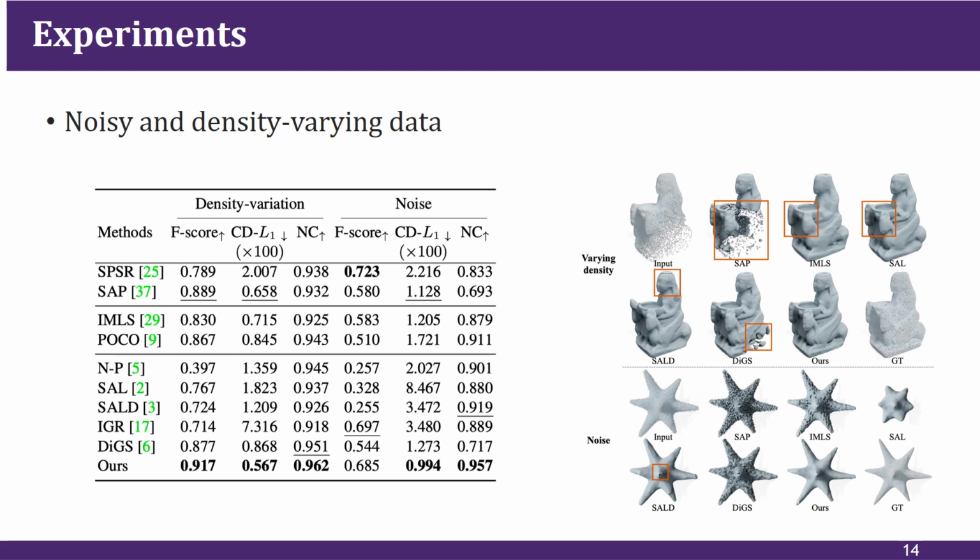To test the robustness of our method to noise, we conduct experiments on the noisy test data from Peng-Shuai. This dataset includes 57 point cloud shapes of different levels of Gaussian noise. Our method significantly outperforms others on the CDL1 and NC metrics. See the table. The visual comparisons in the figure also show that our method reconstructs more accurate and smooth surfaces.